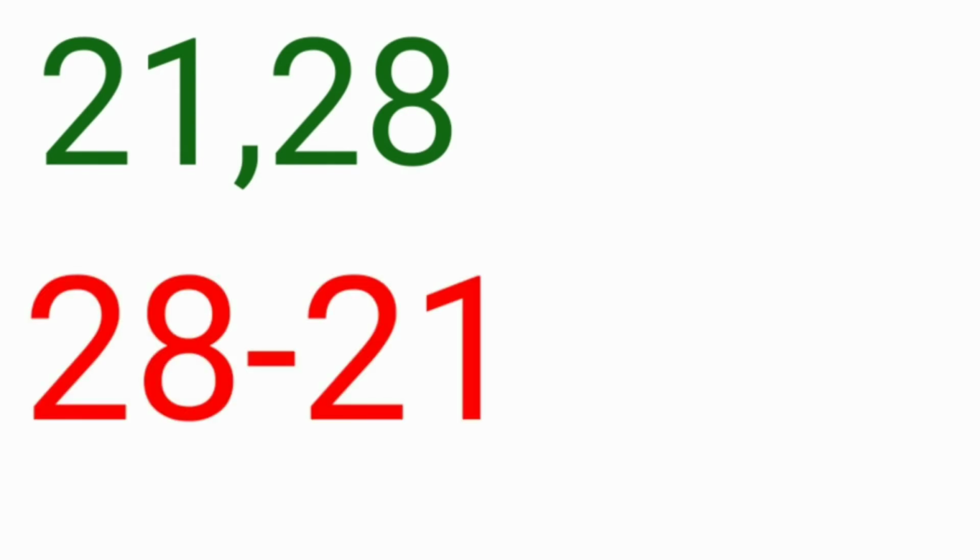Let us find the HCF for the numbers 21 and 28. By looking at these numbers, if we know the tables, we can guess the HCF. Which number divides both 21 and 28? Yes, 7 divides both 21 and 28. So the HCF will be 7. If we know the tables, it is easy. Otherwise, what can we do? Let us see. We must find the difference. Write the biggest number 28 minus the smallest number 21. What will we get? We get 7.